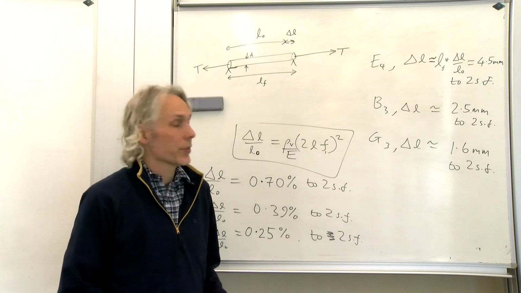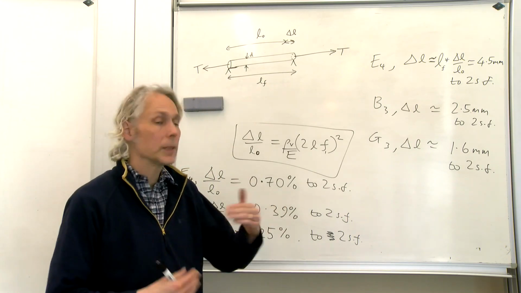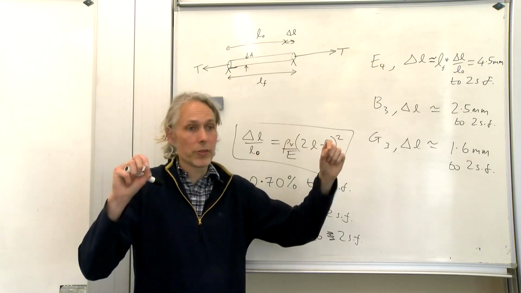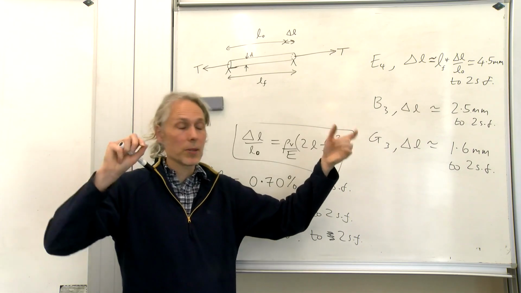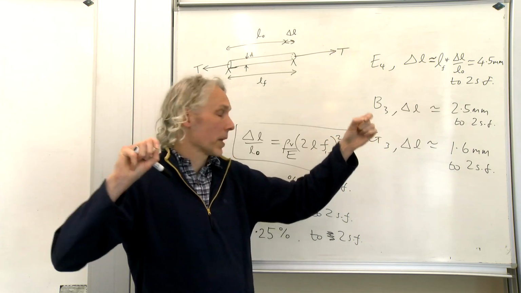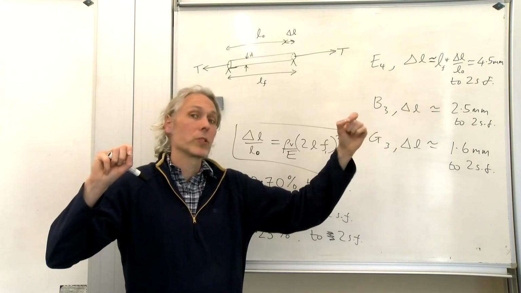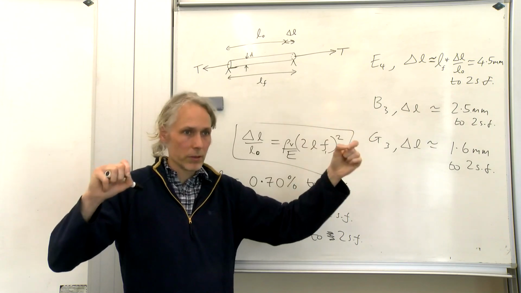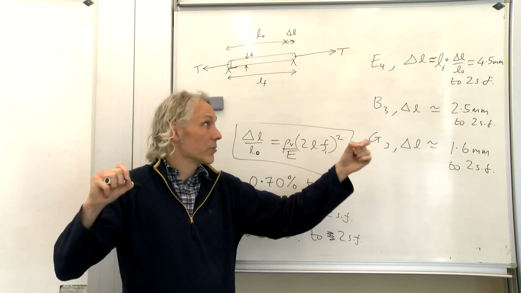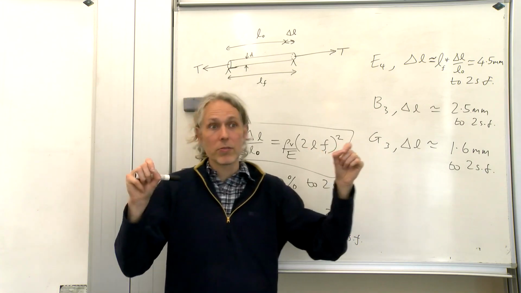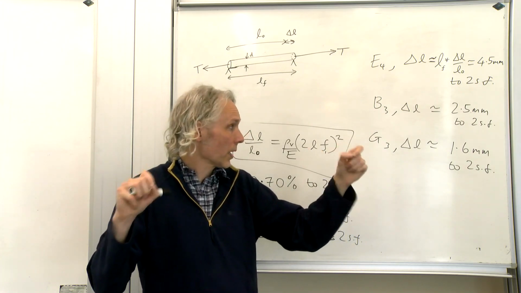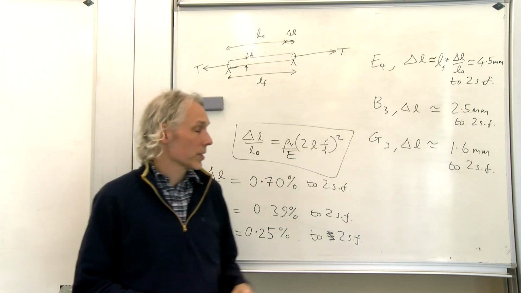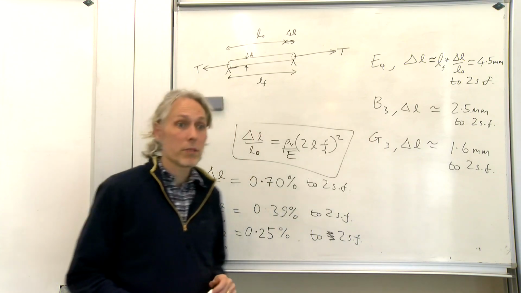So what I'm saying is, if you take an ideal bit of steel and stretch it, so it starts off with the length of the guitar string, about 25.5 inches, and then stretch it so it's 4.5 millimeters longer, that should be it already up to the sounding pitch E4. And if you take that same bit of steel and stretch it by 1.6 millimeters, it's going to have the final sounding pitch of G3.